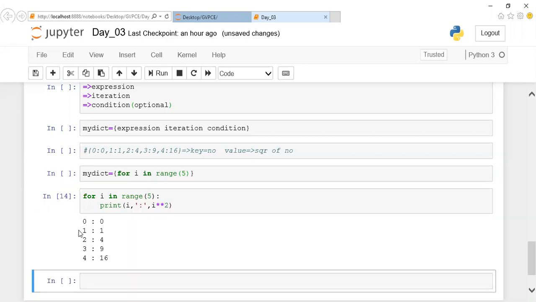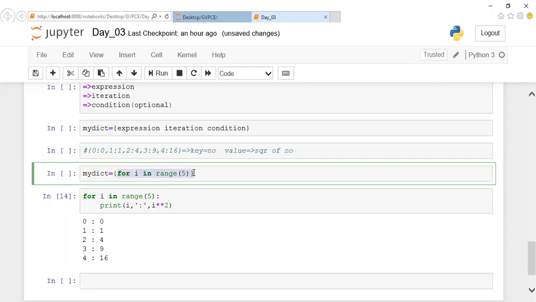So I'll be printing 1 colon 1, 2 colon 2. This is the pattern I wanted. So what is the expression I want to implement? I'm taking a range from here. By default, start takes 0. If it is not mentioned, your for loop takes from 0. So I'm going to mention i colon, i power 2.